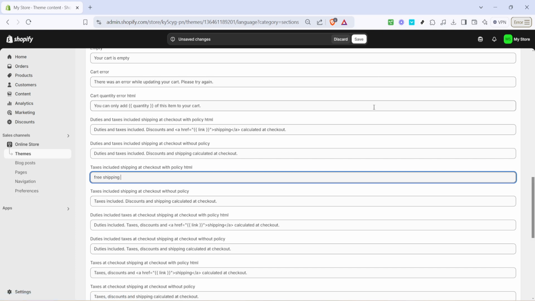Saving your changes is crucial as it ensures all your hard work isn't lost, and it applies the updates to your live store. Just like that, you've successfully removed or edited the "shipping calculated at checkout" text on your Shopify store. With these simple steps, you've enhanced the clarity of your